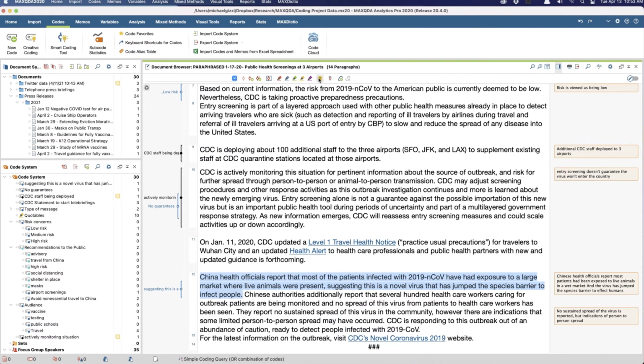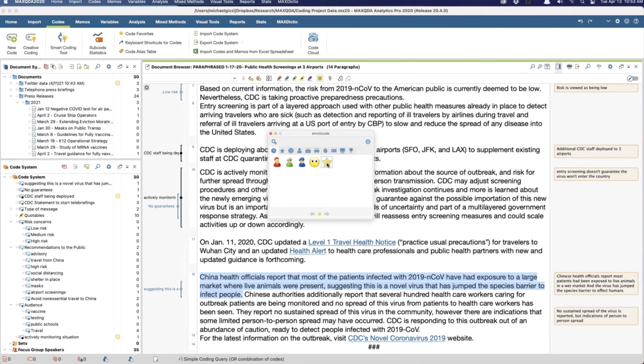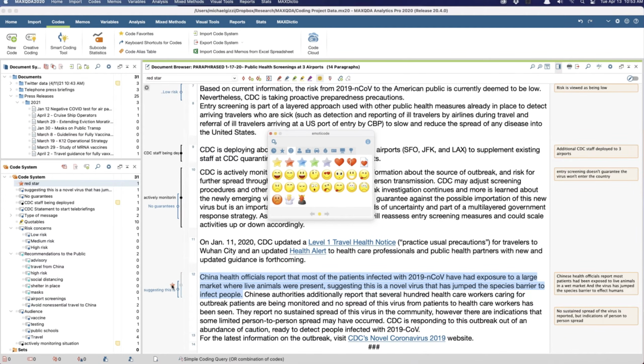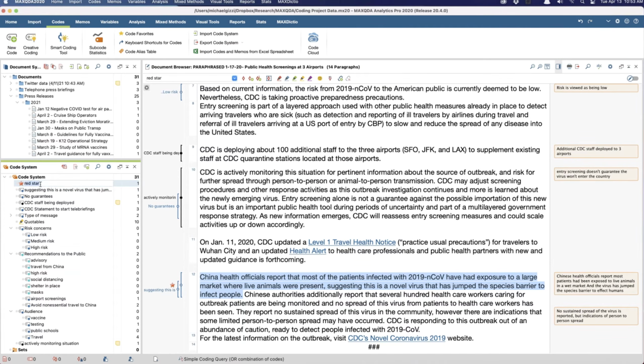I can go to the emoticode window. I'll use her star, but I don't have to, because look, I've got all sorts of options here. I'll change the color. Now it's coded as a star, and a red star shows up here. I can just edit it to Great Quotes or Quotables. Now it's a code. I don't have to go back to this if I don't want.